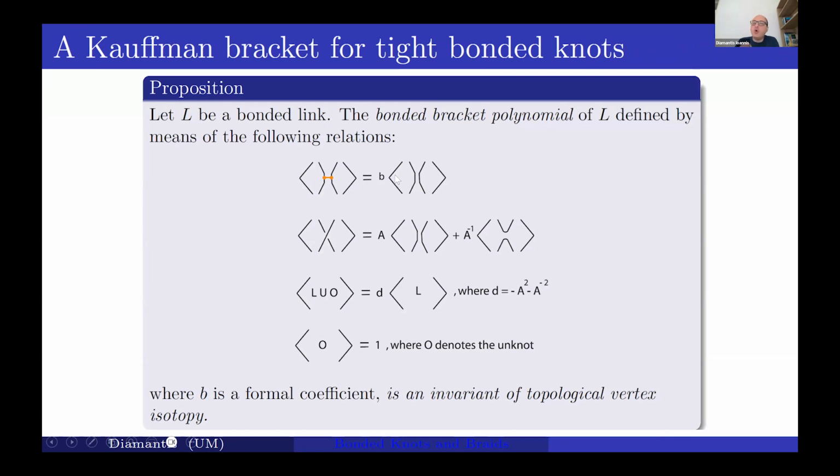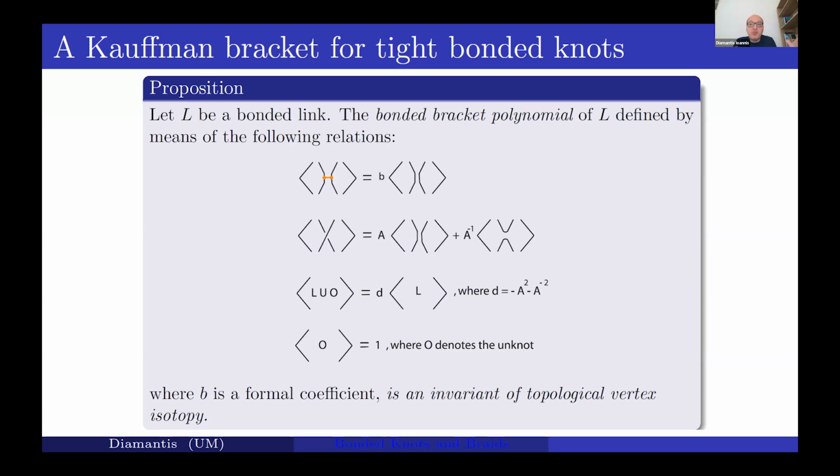But here, we also keep track of how many bonds a tight bonded link had. All right, so whenever you have a bond, you get rid of the bond, and you introduce a new coefficient, let's call it B, and the number of B's will just correspond to how many bonds you have. Very naive approach, because